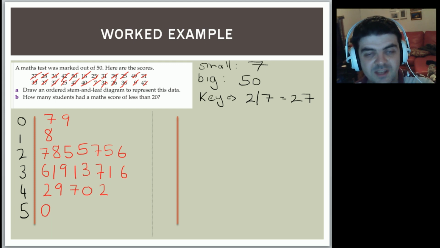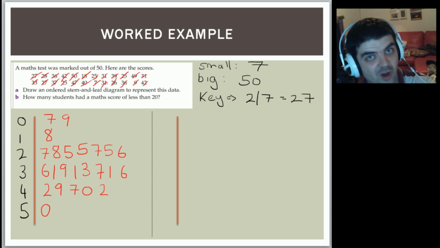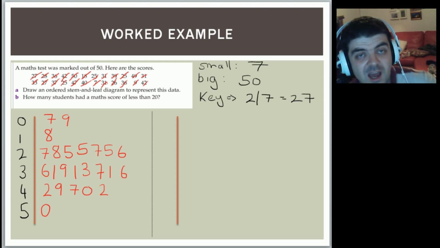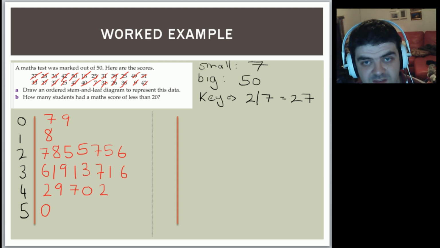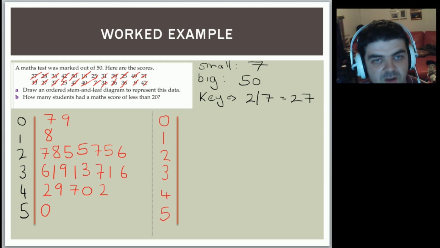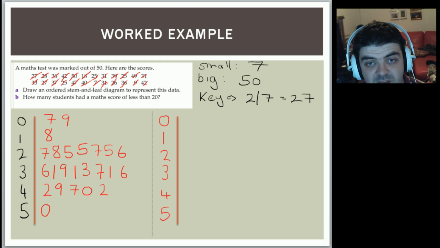Now what it is a stem and leaf diagram, and what it's not is an ordered stem and leaf diagram, and the two are very, very similar. A stem and leaf diagram that's ordered looks pretty much the same. I'm going to change my colours around, and all we do is write these numbers in order from smallest to